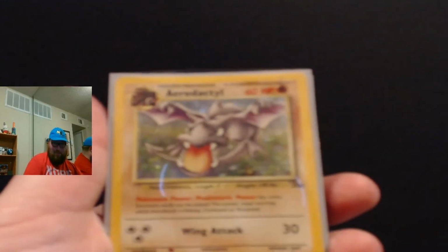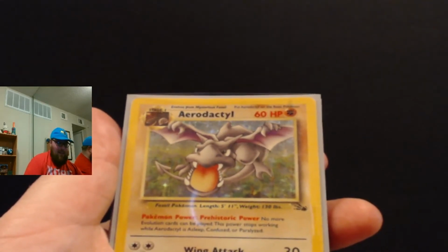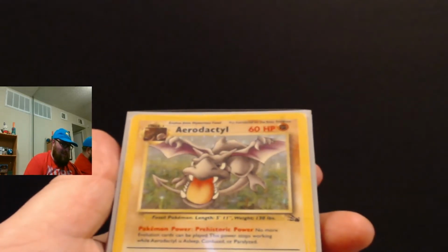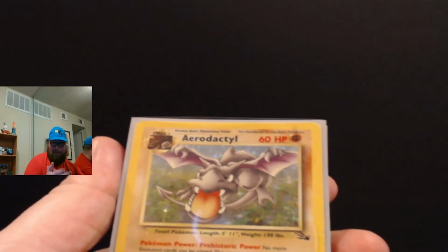There you go. You can maybe kind of see it. The light is really messing with it. Oh well, whatever. This Aerodactyl, which I thought was pretty cool. I'm pretty sure I originally got this from my buddy Dan when we traded some stuff, and I didn't know what else to do with it, and it ended up in a binder, in a sleeve of a binder, no